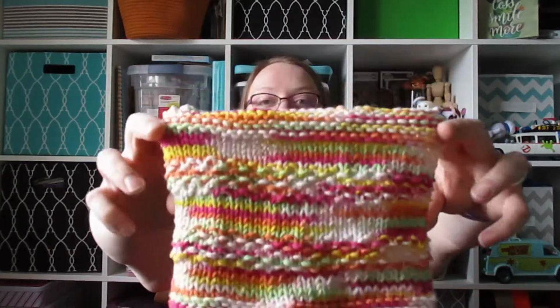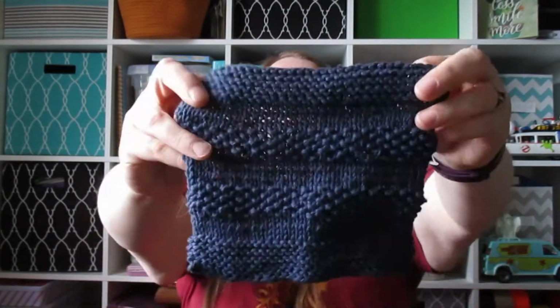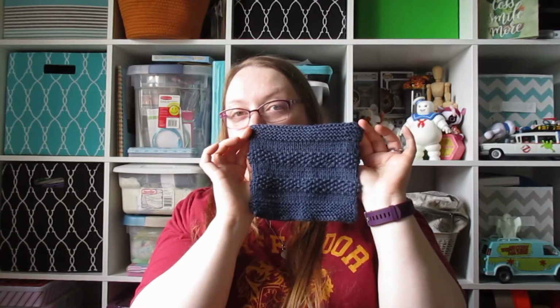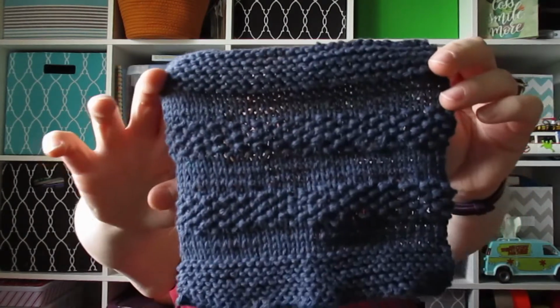I finished this one. This one was about halfway done. And this is kind of like a crazy variegated color. And then I finished 4 in this deep blue, and it's definitely darker than it is pulling here in the image. It's not navy, but it's a very deep dark blue. And I've got 1, 2, 3, 4 of those, so I'm working on those, and